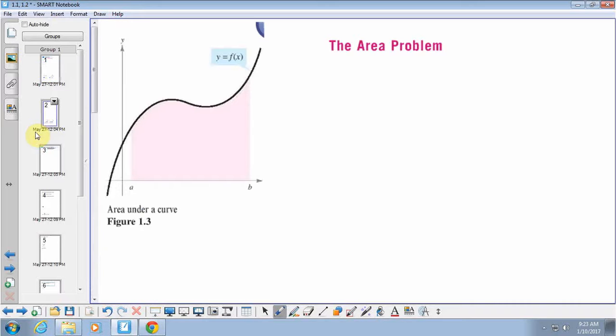The second thing that we're going to discuss is the area problem. And that's the area underneath a curve. How do we find the area underneath the curve? Well, if you see this pink portion here, does it look pink to y'all from back there? No, it doesn't, does it? It looks pink here. Okay, basically,